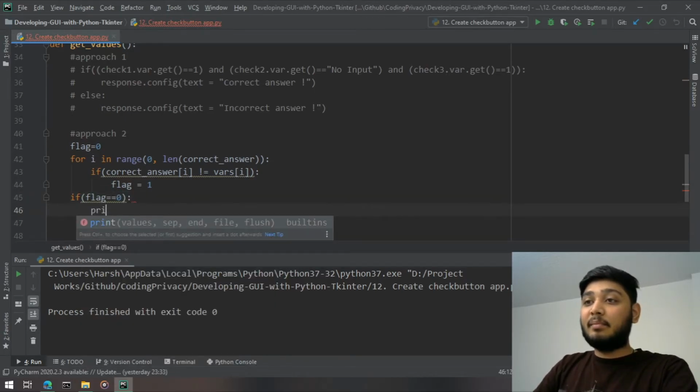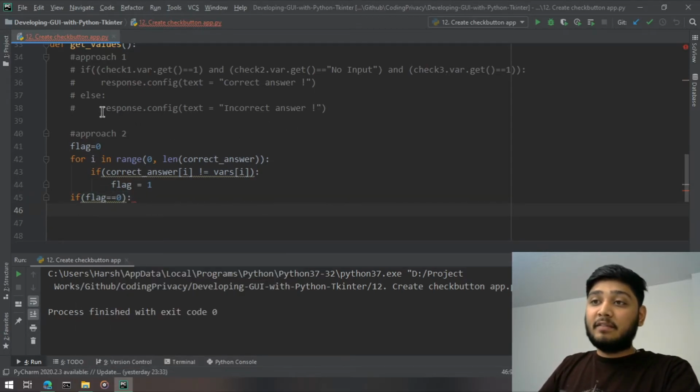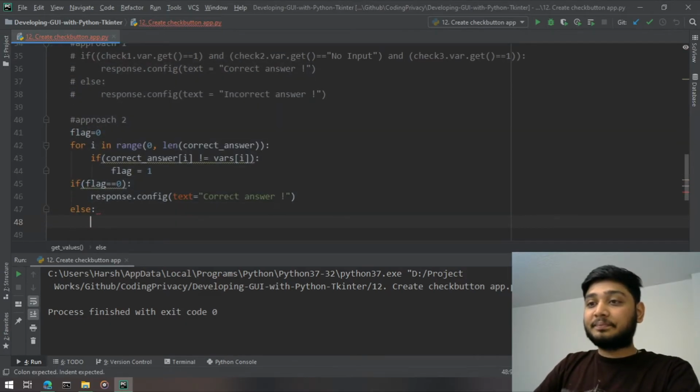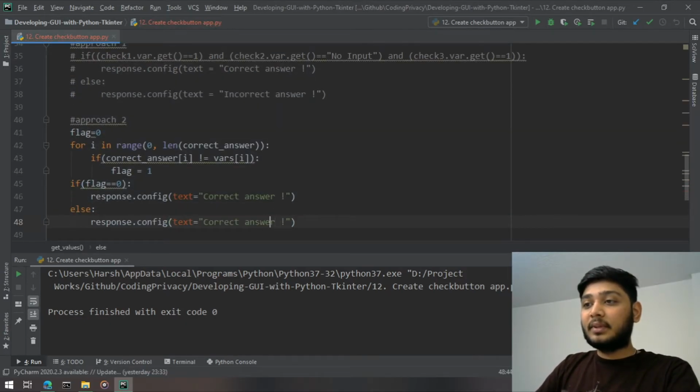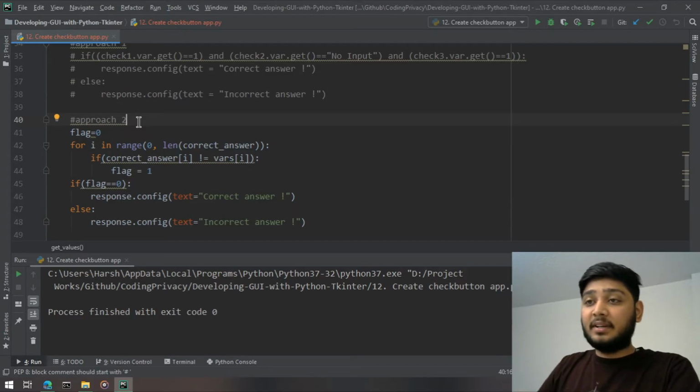So if the flag remains 0, then we want this text, right? It's a correct answer basically. And then else, it's an incorrect answer, right? So I hope it's pretty clear for you guys.